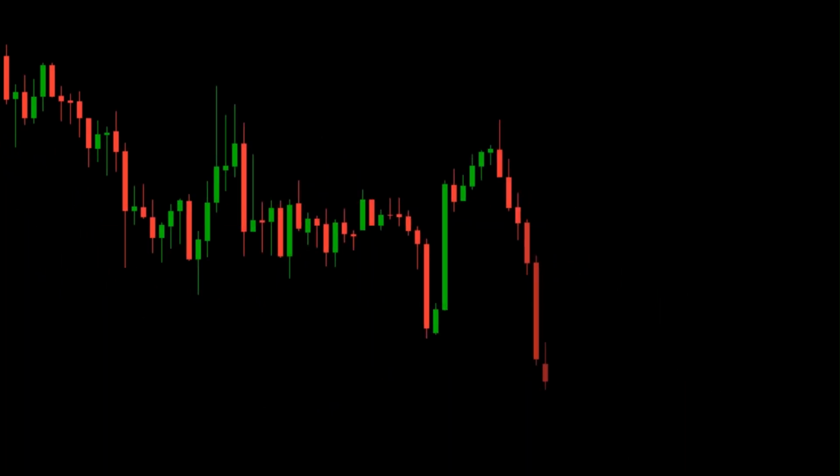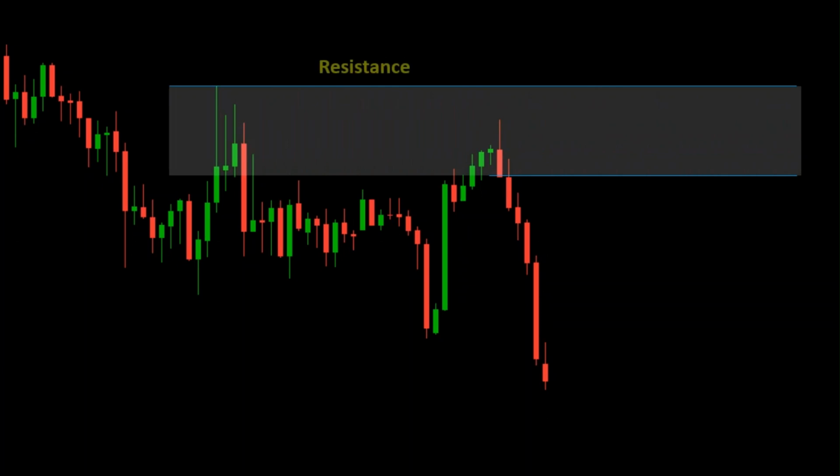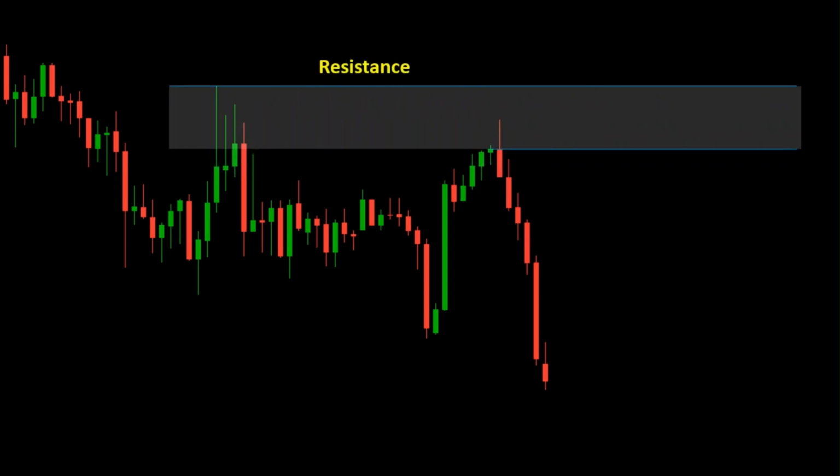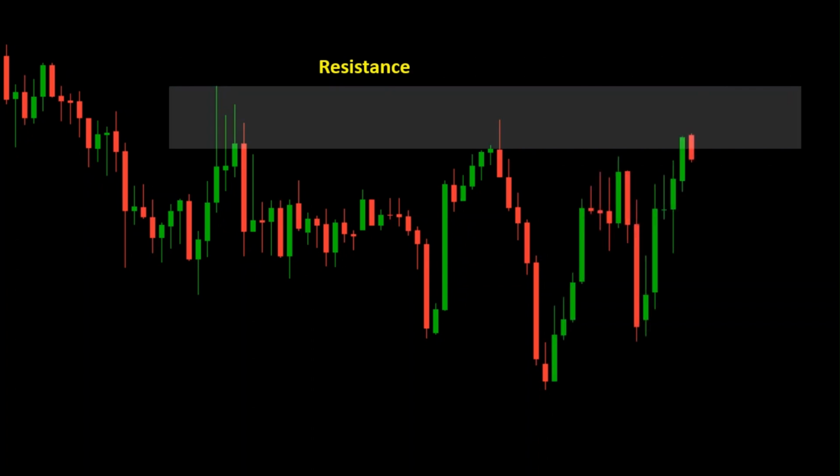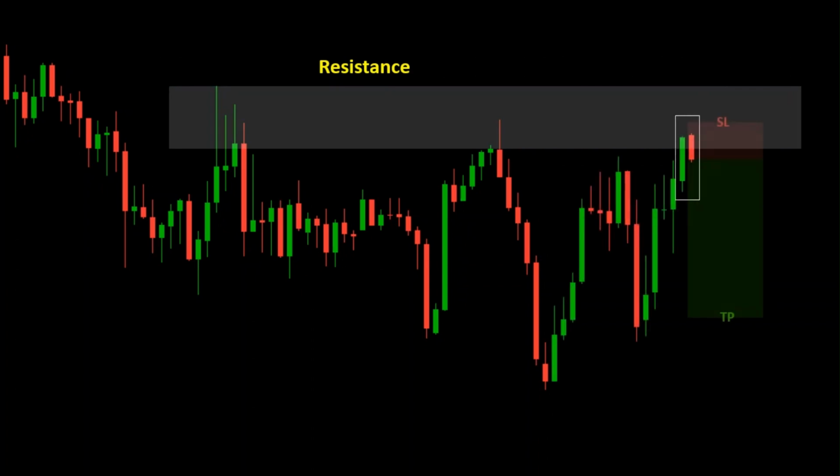Drawing support and resistance the right way is one of the most important skills in technical analysis. These levels help you identify high-probability trading zones, improve your entries and exits, and understand market behavior more clearly. In this video, we are going to talk about what support and resistance levels are, how to identify key zones,